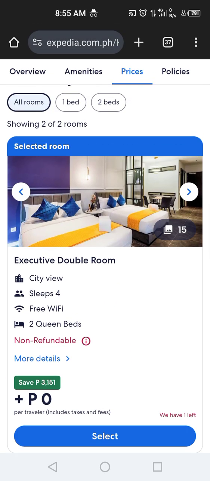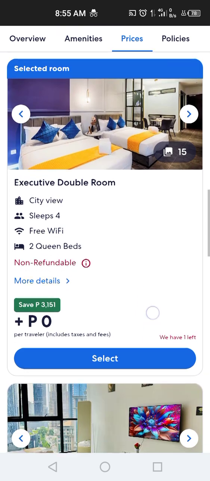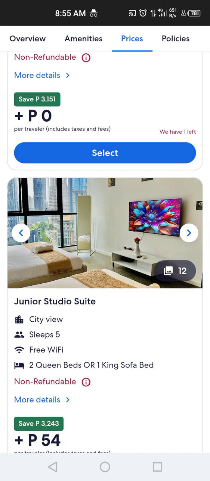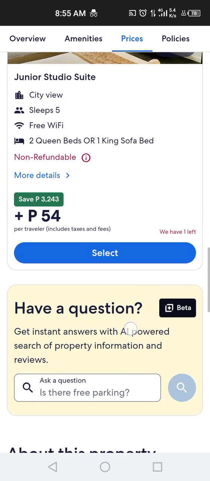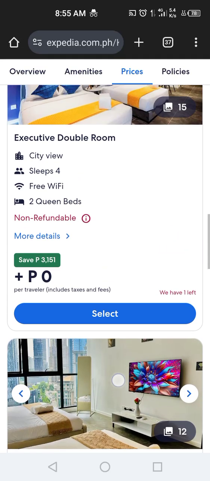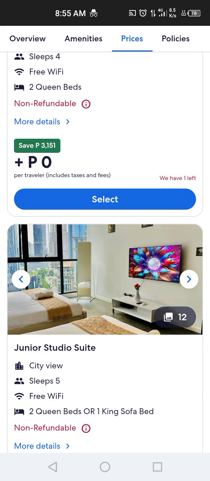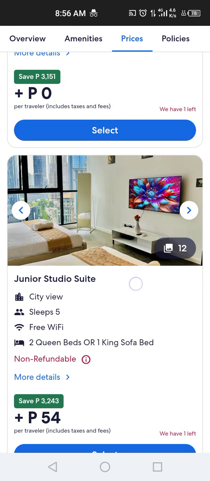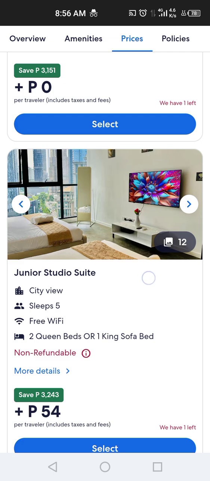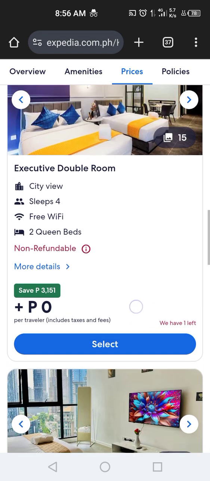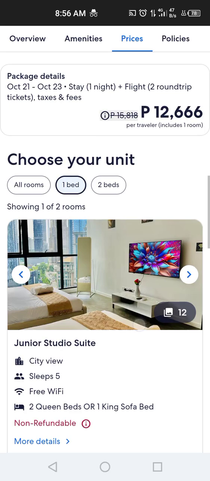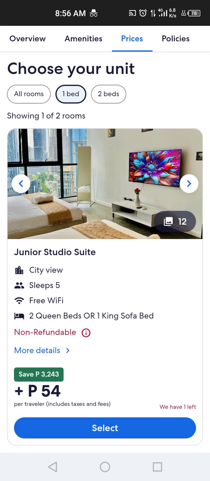So they can actually offer types of rooms also. So they have here the executive double room, your studio suite. Free Wi-Fi. Let's compare this to two queens, two queen beds. Actually, I need one bed for two people.